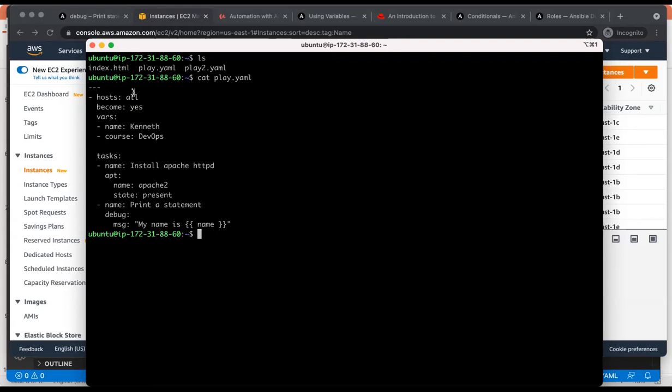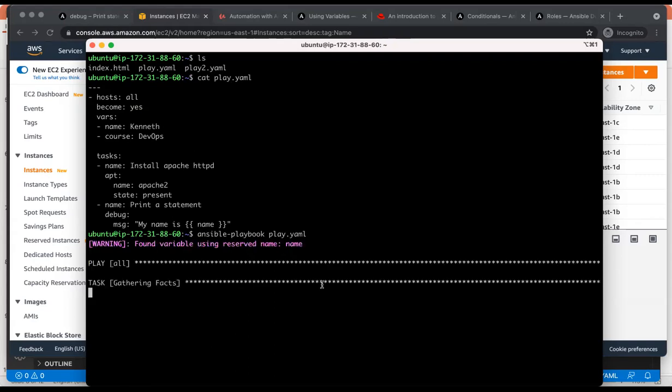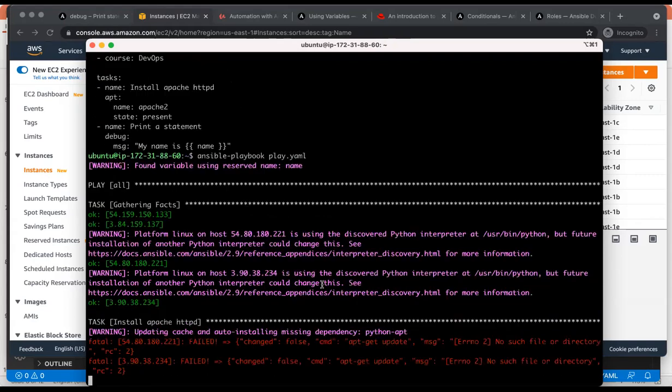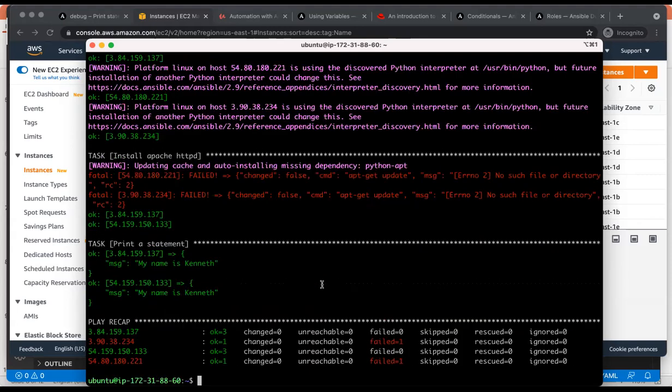Right now we have 4 machines. 2 Ubuntu, then 2 Red Hat. So I'm just going to do ansible-playbook, then the name of the play.yaml like this. Normally it should not be able to work with the other 2. So you see 2 were able to install, the other 2 could not install, because if you read